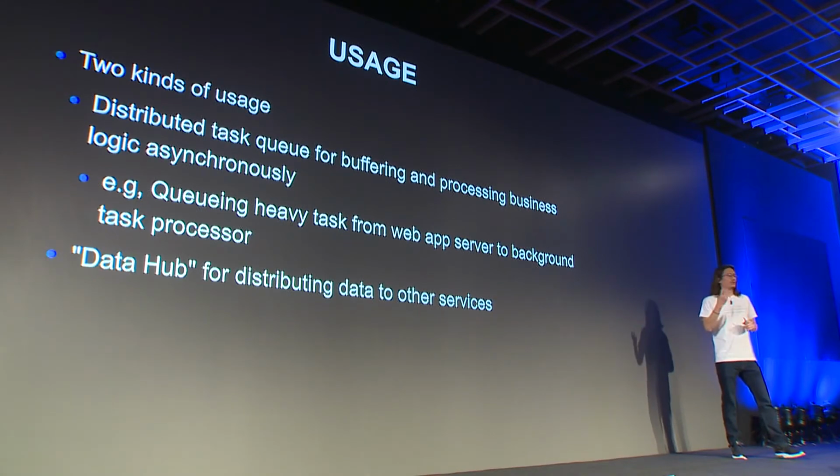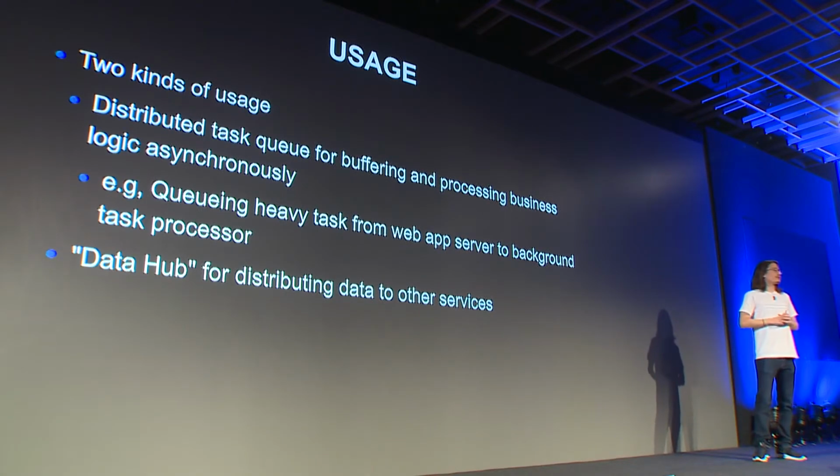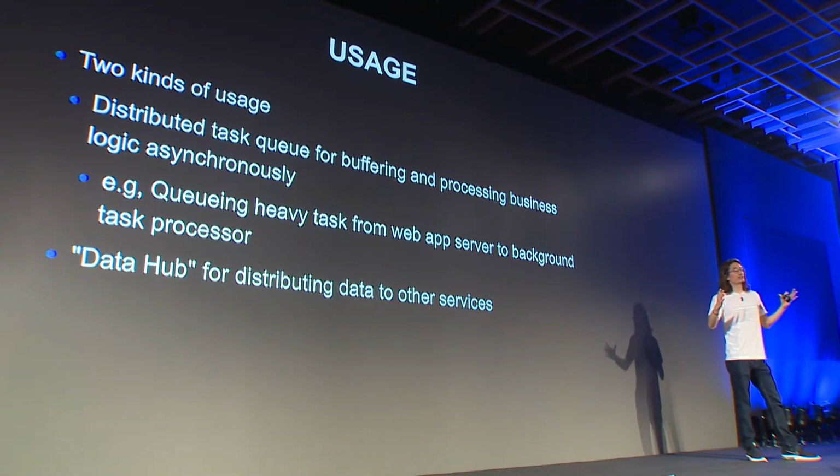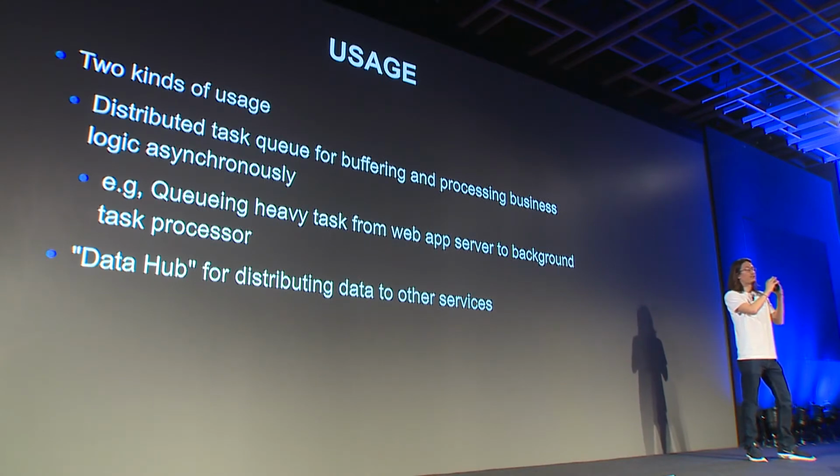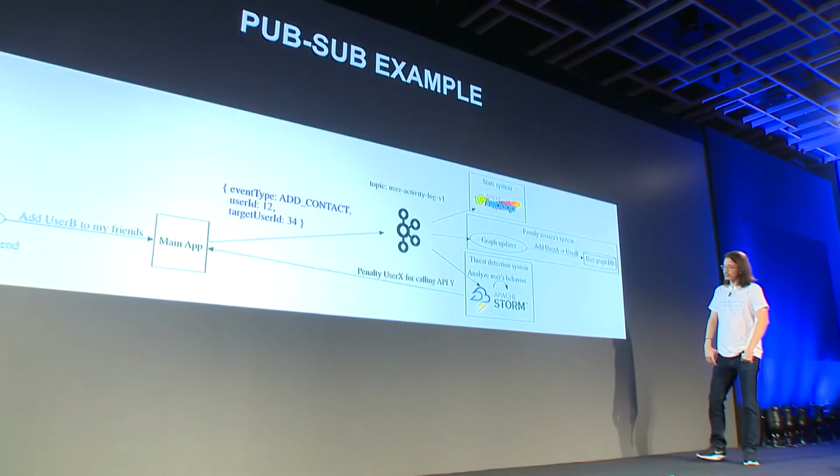At LINE, there are two purposes in using Kafka. The first is simply as a distributed queuing system. For example, in one service, we may have a web application server handling a very heavy processing. So instead, in the background, there might be a task processor, and we can use this queue to request this processor. Another is a data hub usage. For data updates from one service to other services, we can use Kafka as the data hub